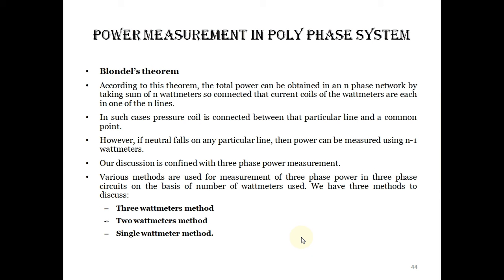Later you will know in detail when you study the power system subject that power is generated at the generating station, then transmitted to the distribution substation, from where it is supplied to local areas like commercial, residential and industrial areas. That is a very general layout. While transmitting power, the system is 3-phase and the number of wires is also 3. 3-phase 3-wire means R, Y, B, so 3 lines, 3 wires.